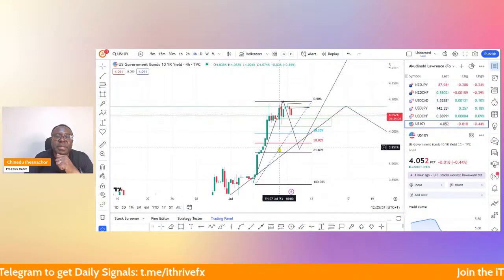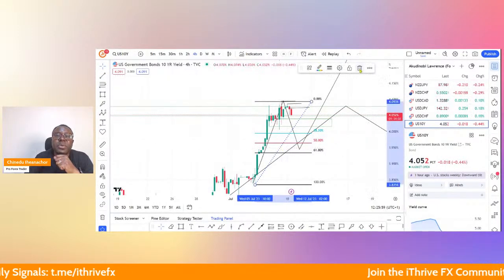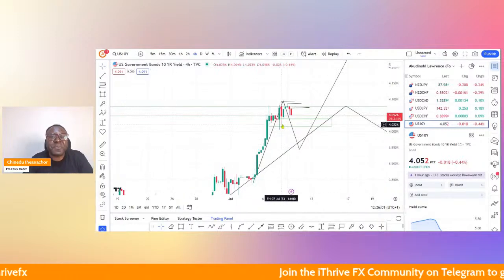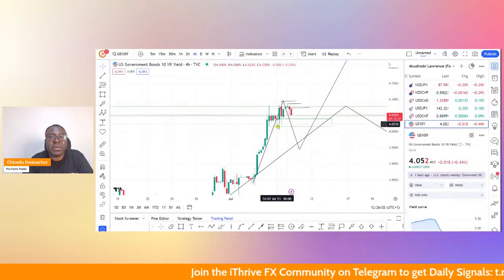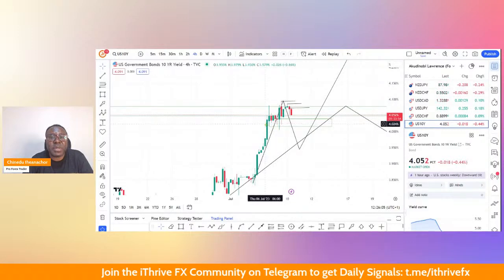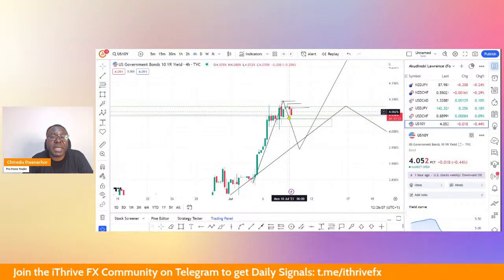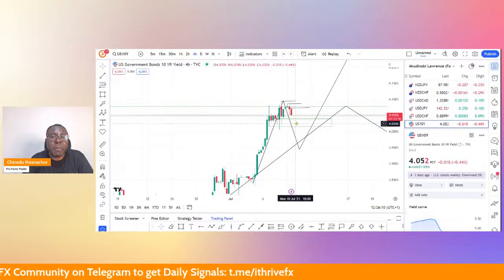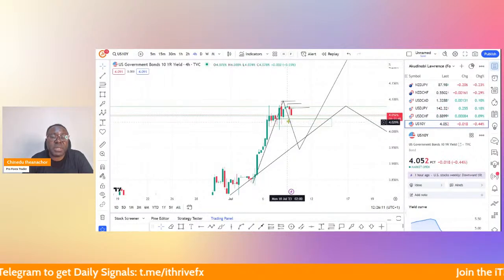Excuse me. Let me take this Fibonacci tool out. Okay. You can see these shadows, candle shadows here. Those are some liquidities that main market price before it goes back up. It may come back into this zone to strip some liquidity, grab more liquidity from here, and